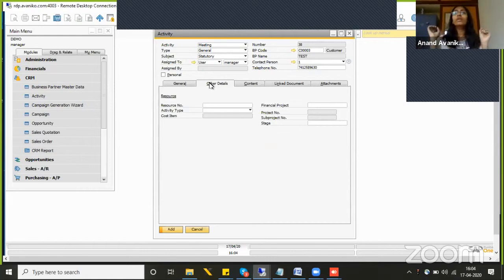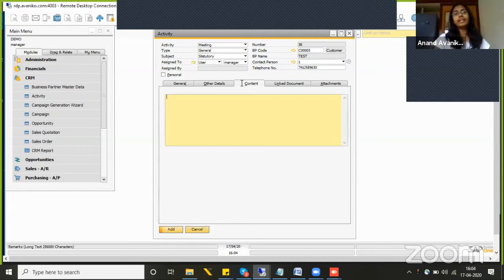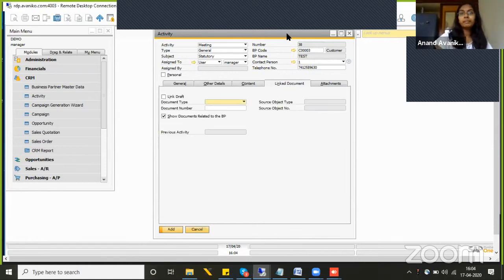And also, if you're using project management in your SAP Business One, that can also be linked here. And you can define in which stage your project is in. And in the content, you can type whatever you want. If there's any remarks or something, you can just type it here. And in the linked documents,